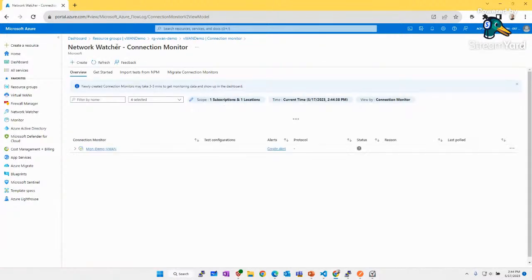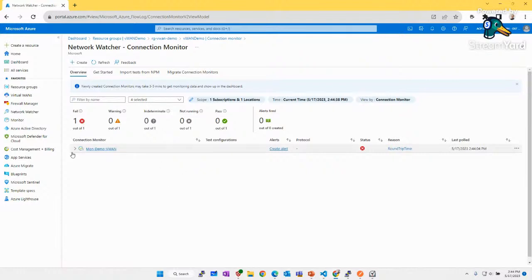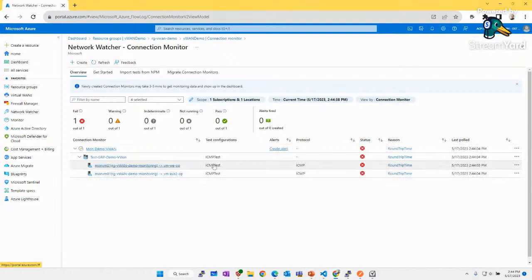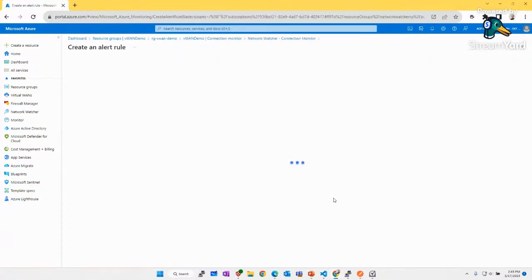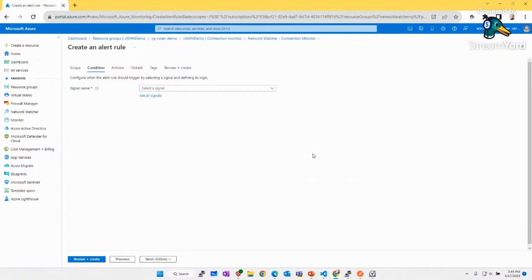And here you can see I'm using the Network Watcher, the connection monitor. And I have here two connection tests. One connection test is to on-premise, to East US 2. And the second one is to West Europe. Both not really successful because the round trip time is too high. But you can implement this.